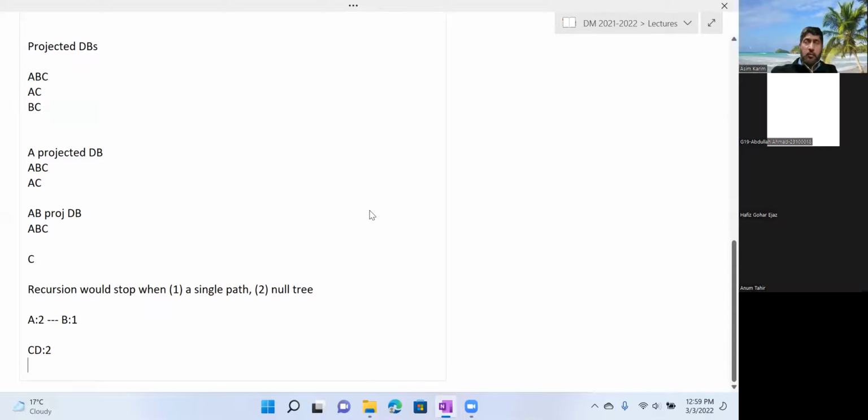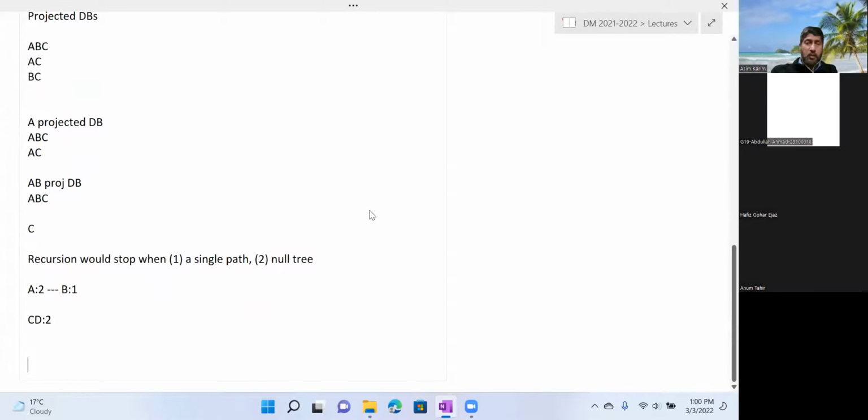So let's say this is a projected database for CD2 और हमारे पास एक single path है। अब इस single path में जितनी भी combinations बन रही हैं वो हम right away generate कर देंगे rather than doing the recursion mining, because recursion mining करेंगे तो क्या होगा, अभी जैसे A और B आ रहा है, next time में सिर्फ A आ जाएगा और next time सिर्फ B आ जाएगा, तो वो patterns वही बनेंगे। Rather than doing that we do it at once. सो क्या बनेंगे, इसके basically कौन से बन रहे हैं, A B, of course would be B